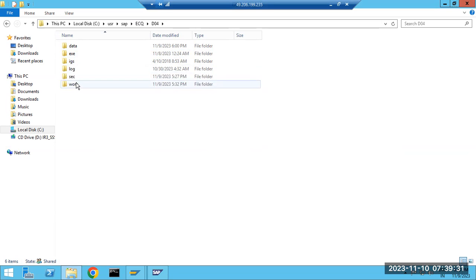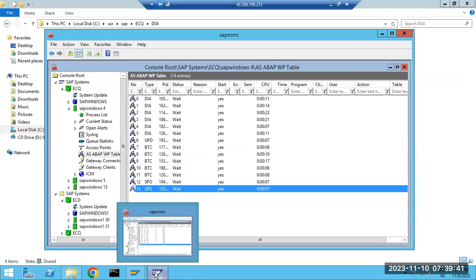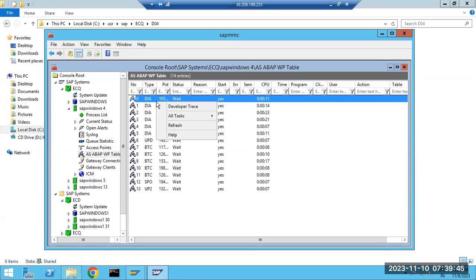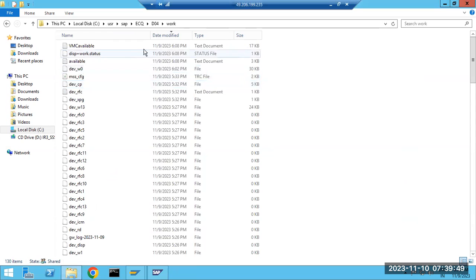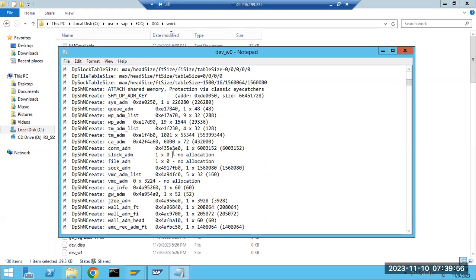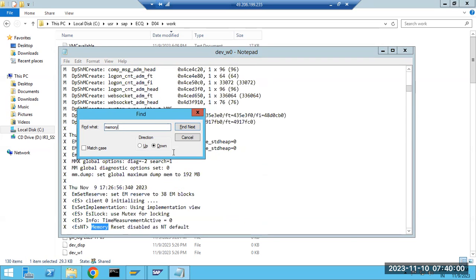Every day, every time, we have to go to the work directory and check how the logs are available and how the system is behaving. If our SAP system is not starting up, where can you check it? If you ask someone to check, they will also go to the work directory, see the latest log files, and see what is happening with the system, why it is not starting up, whether due to a memory error or because some other files are missing.